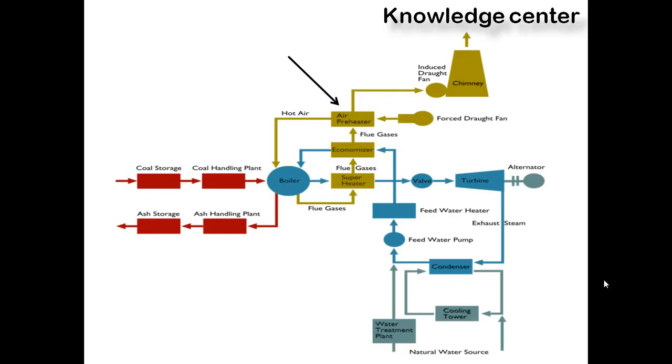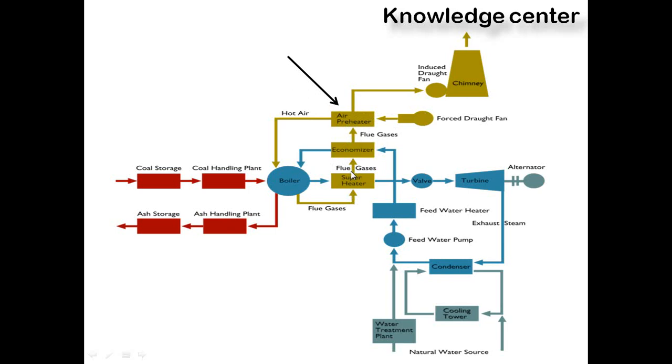Now let's see where the air preheater is actually located in a steam power plant. Look at that arrow mark. The air preheater is placed as shown here. In the boiler the combustion will take place, and this is the flue gas. The flue gas will come out of the boiler, that is a hot waste gas, a smoke. That smoke has to be released to the atmosphere through the chimney. So instead of directly giving it to the chimney, in between we have an air preheater.